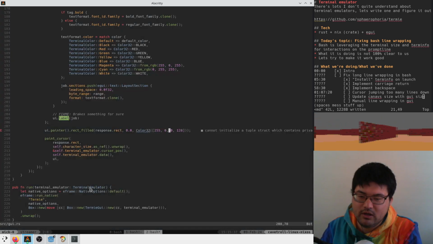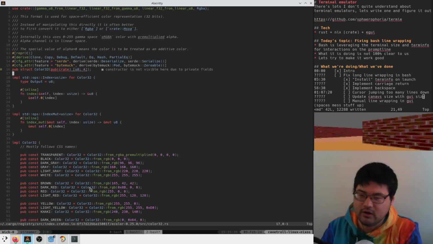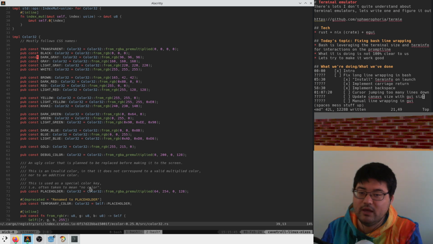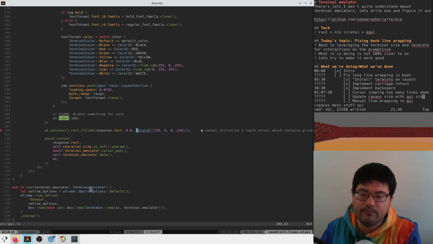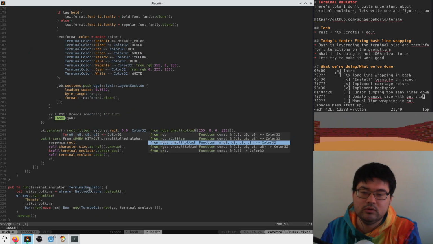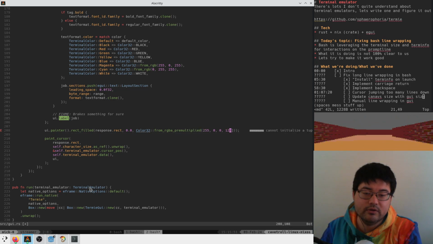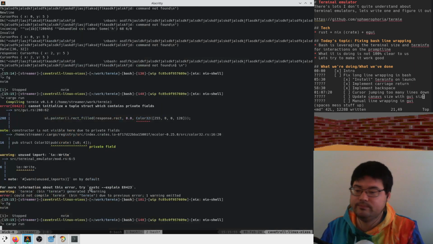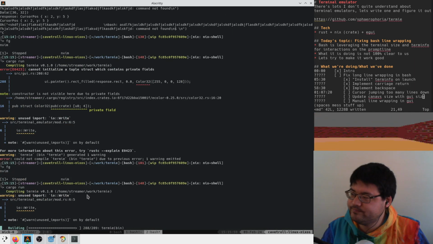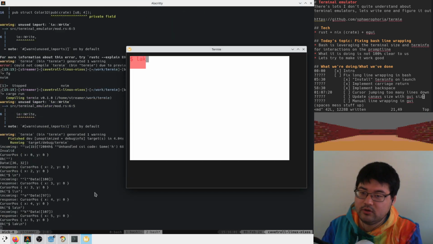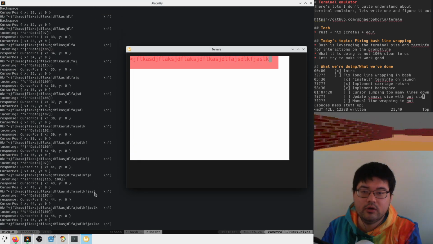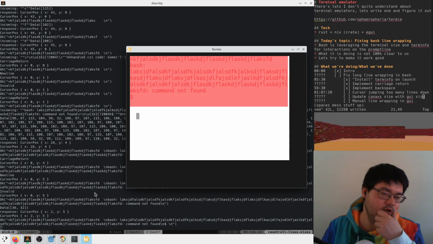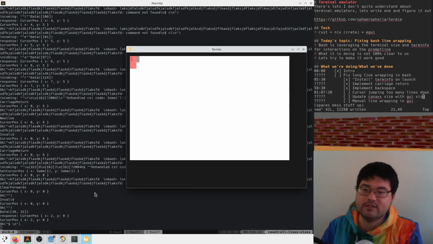Private field. Didn't it say pub? I could have sworn. Oh, it's pub crate. Okay, yeah, that's fine. So from RGBA pre-multiplied, it looks like, is what I'm looking for. And we pass in these. Let's try that. Nice. Okay, so this is what it sees as where we printed. This is what it sees as where we printed. And in the happy case,